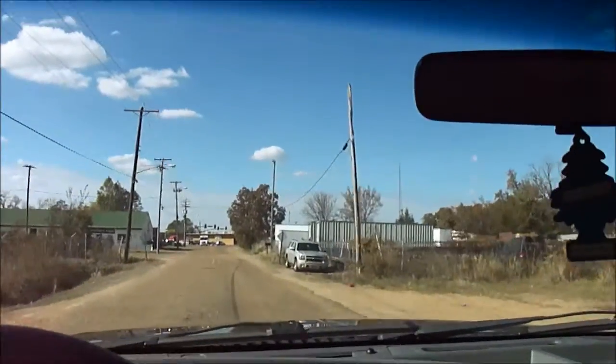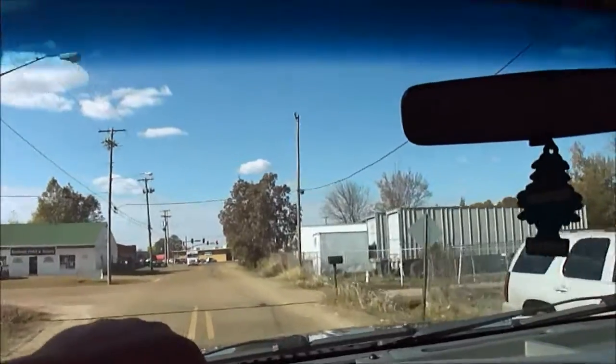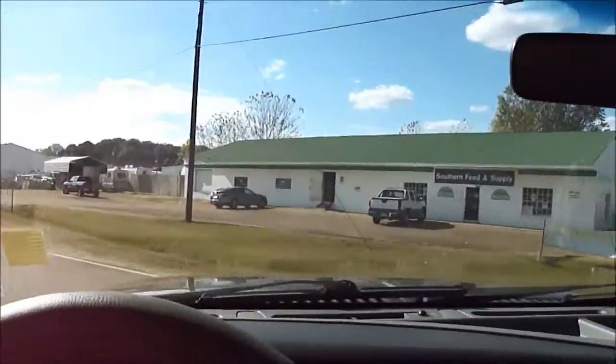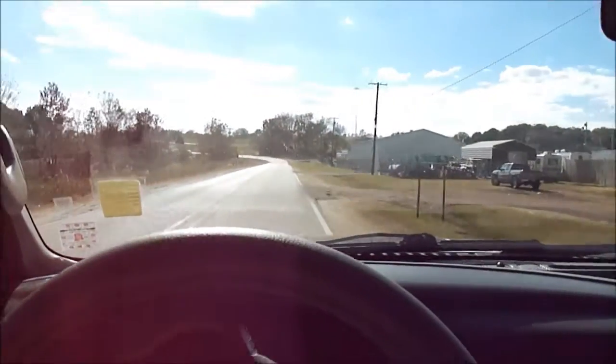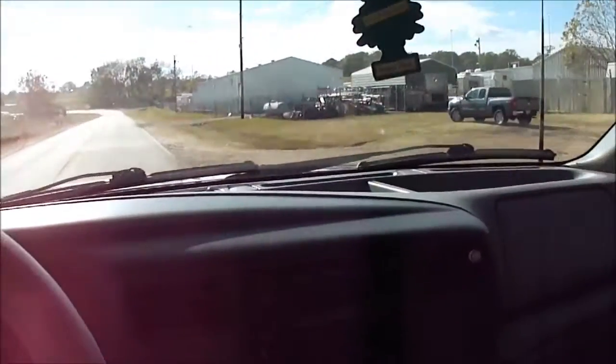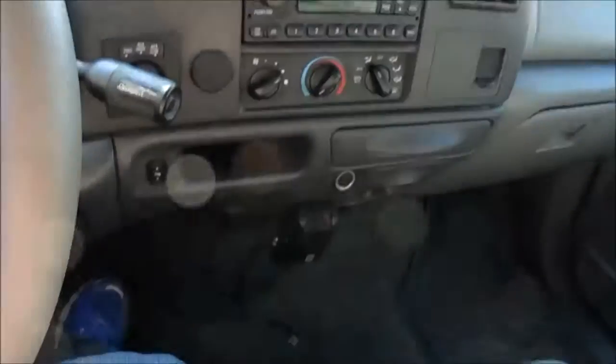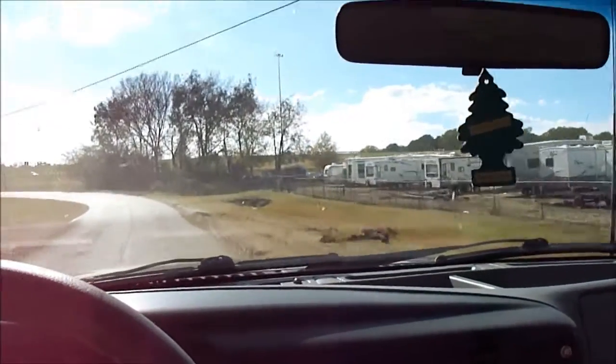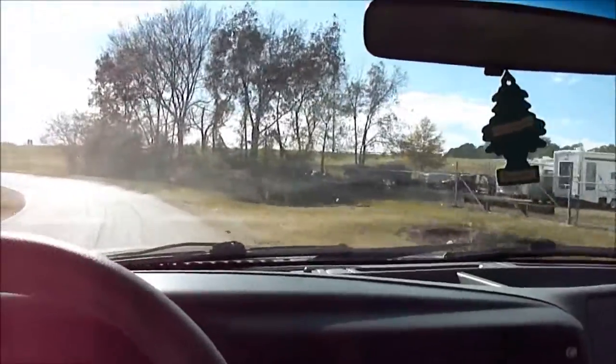Windshield, I don't see any pecks or cracks or anything in the windshield. All that's in good shape. The cruise works, windows work, locks work. It's got the trailer brake controller down there, pull out cup holder. The only thing I know of that doesn't work on this truck are the power mirrors, and